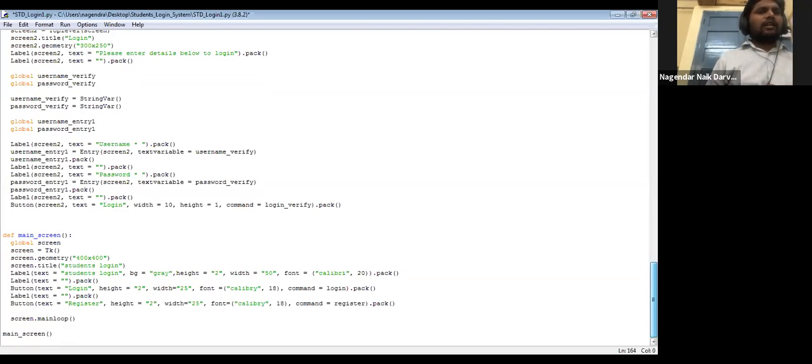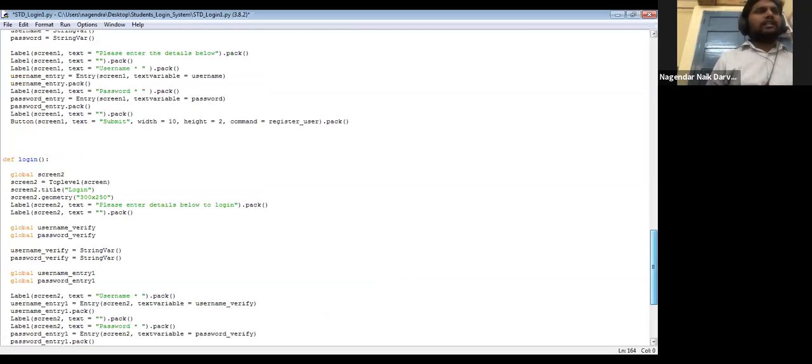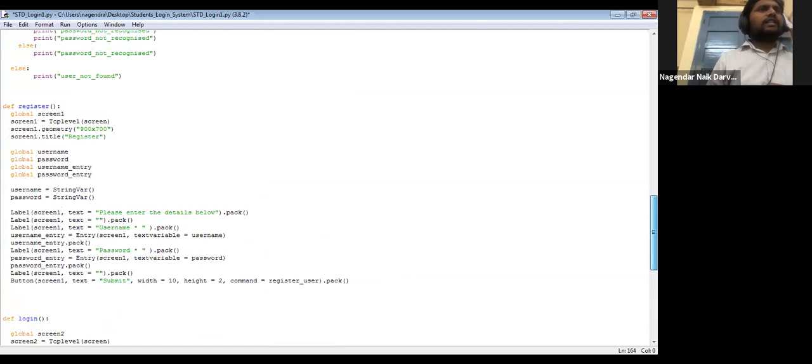So the main screen, once it is there, it is taking us to two things. One, with one press it is taking us to login, and with another press it is taking us to register. So before login we need to register, so we need to go for register here. So where is register? Here, this is the register. In register, again, first you need to define the screen, because their screen is there. Now it is screen one we need to use, right? So the screen needs to be defined, and after that the contents.